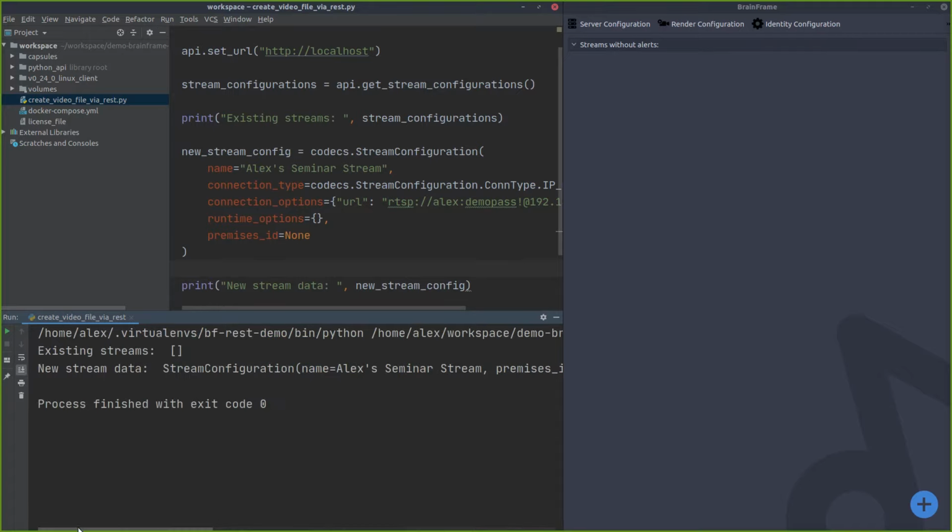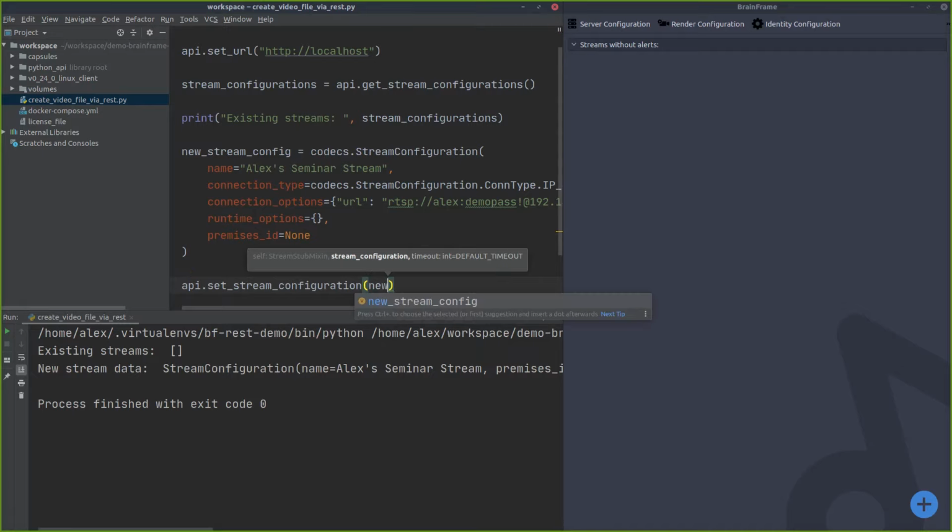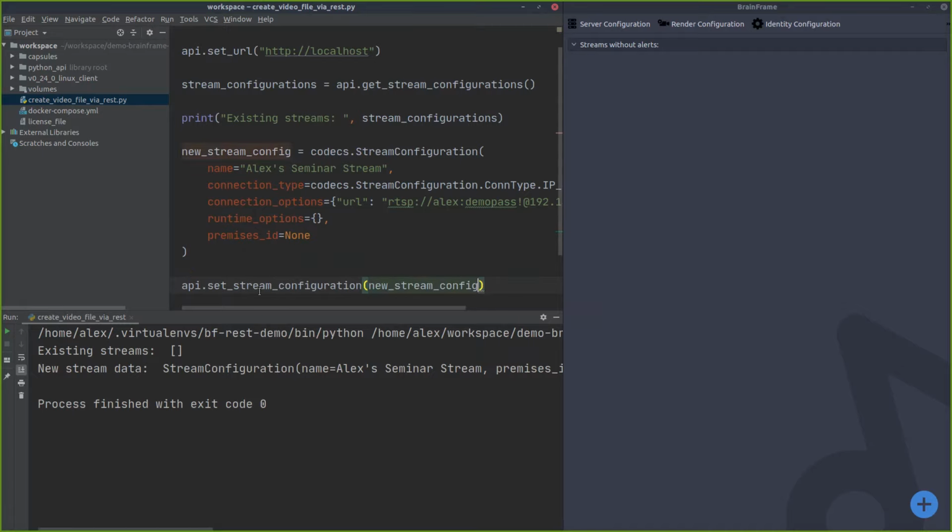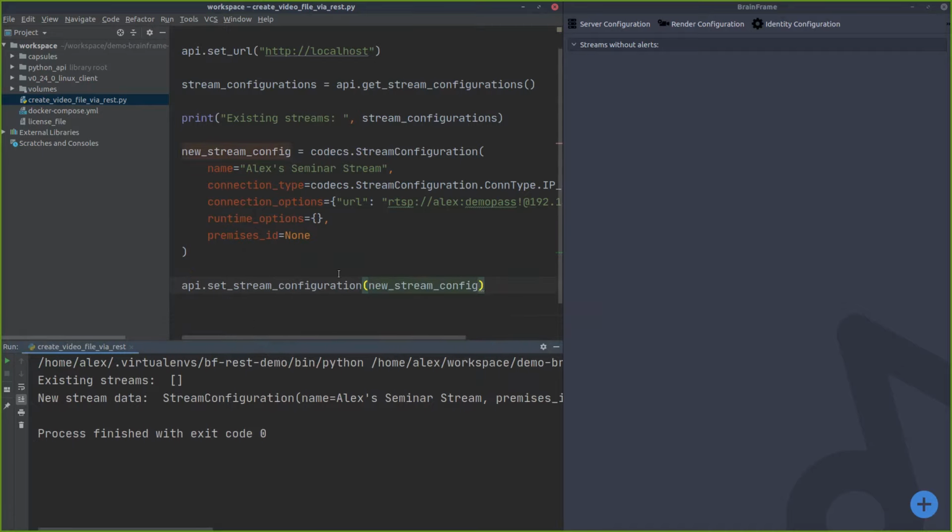This makes sense. Now we need to actually set that stream and tell BrainFrame about it. So we're going to do API.set stream configuration and pass it the new stream configuration. BrainFrame will receive this data structure and create it,